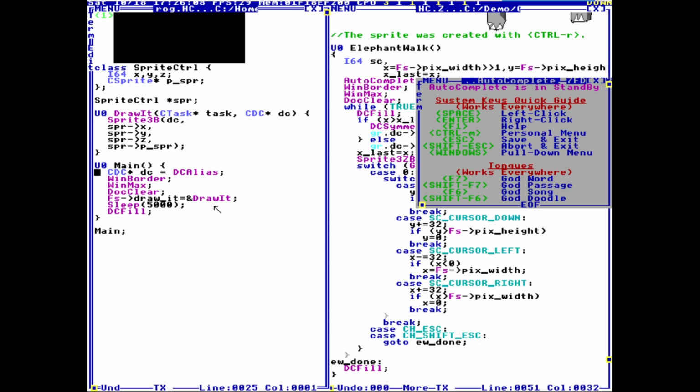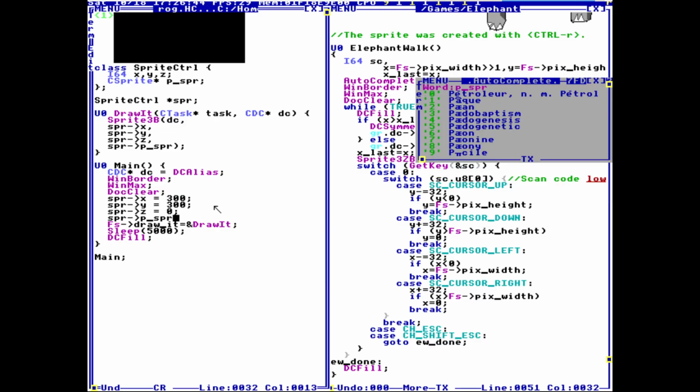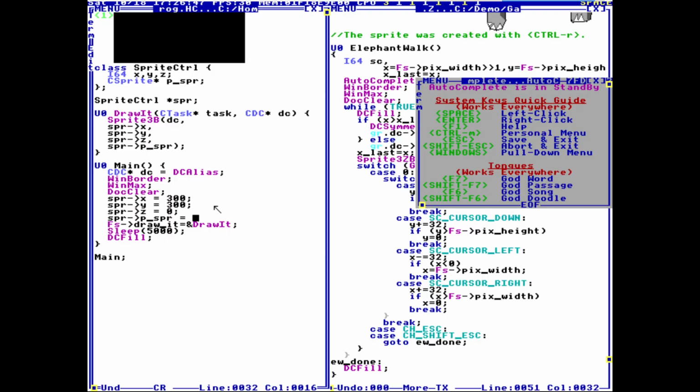Right now, we have it completely uninitialized. So we're going to set all the things. X equals 300. That's just kind of the middle. Y equals 300. And then we're just going to set the Z to be 0. Since it's a 2D object, 0 draws it normally. Okay, sorry, excuse me. SBR dash PSBR, we're going to make a pointer to the sprite,